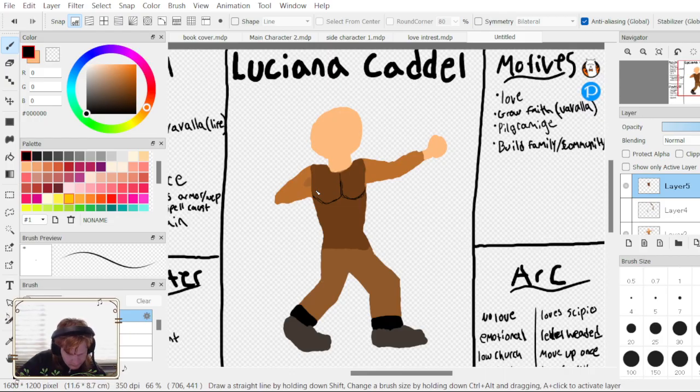Struggling. It's not very in place. So then we'd also have... come down like that. Actually doing that on the same layer was probably a bad idea.